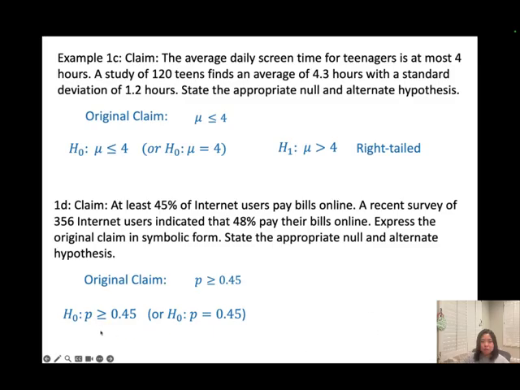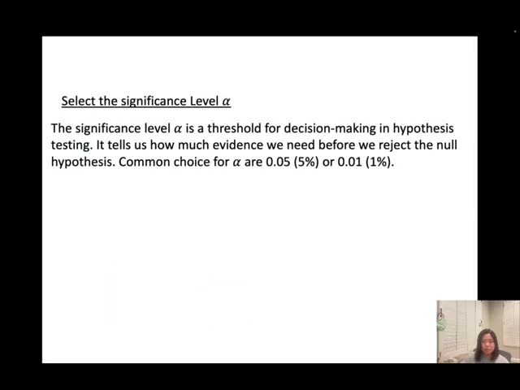The alternate hypothesis will be the opposite of this, so that will be less than. And since this is a less than, that will be a left tail. Okay, so now you know how to state the null and alternate hypothesis. Second part,